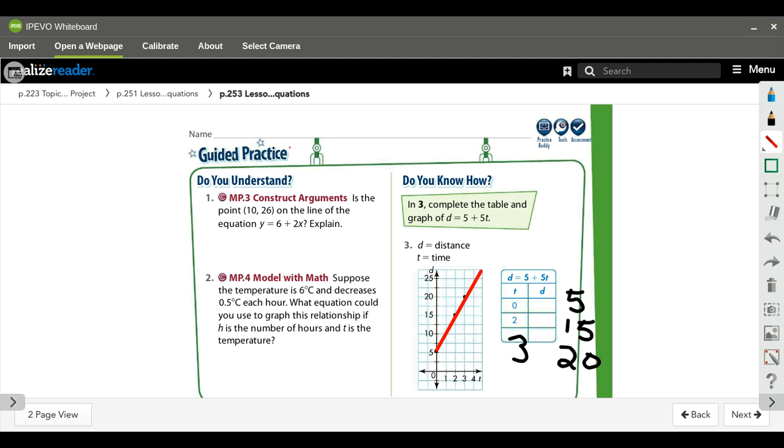Independent practice and your mathematical practices and problem solving, making sure that you're reading each question carefully and doing what it's asking you to do. Sometimes it may ask you to graph an equation. Sometimes it may ask you to check using an equation or finding a point on